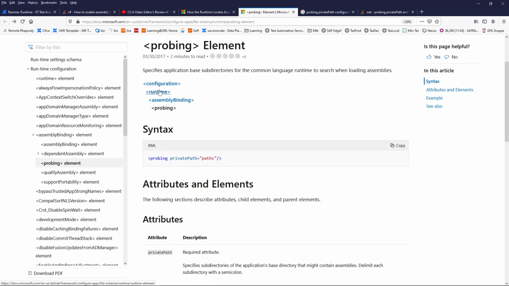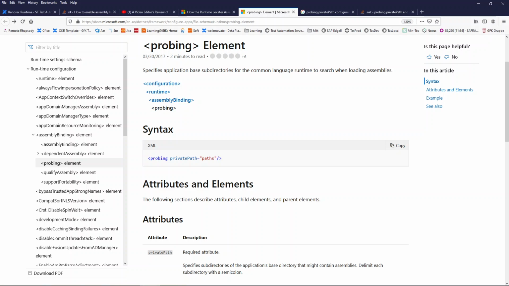So you have configuration, runtime, assembly binding, probing. This probing element must be inside this parent structure. Inside configuration, you have runtime. Inside runtime, you have assembly binding. And inside assembly binding, you must have probing.